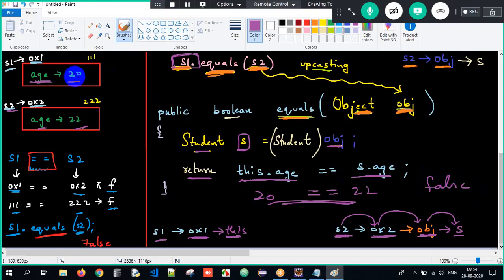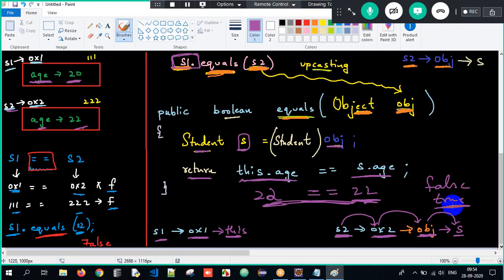Got it? What if both the student ages were the same? Student 1 age is also 22, student 2 is also 22. Is 22 equal to 22? Yes, it would have returned true here. By default, the equals method will internally compare the addresses or the hash code. But if I have to compare the content of both objects, I have to compare the age of student 1 with the age of student 2.